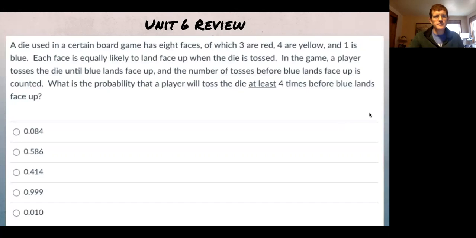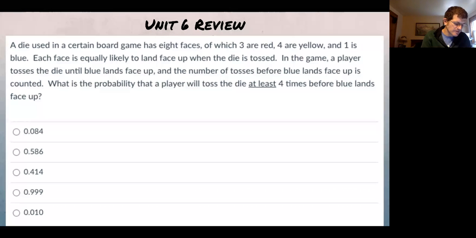Okay, last one for this unit. A die is used in a certain board game, and it has 8 faces. 3 red, 4 yellow, 1 blue. Each is equally likely to land face up. The player tosses the die until blue lands face up, and the number of tosses before blue lands face up is counted. What is the probability that a player will toss the die at least 4 times before blue lands face up? So